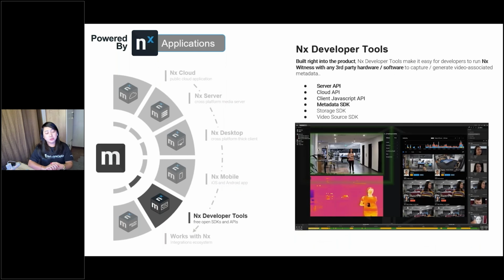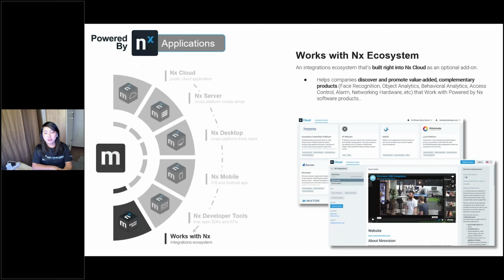Nx Developer Tools is a platform for developing integrations that allows developers to find hardware and software solutions that work with Nx Witness using API and SDK. It works with the Nx ecosystem.